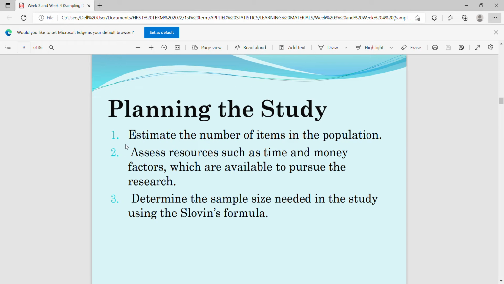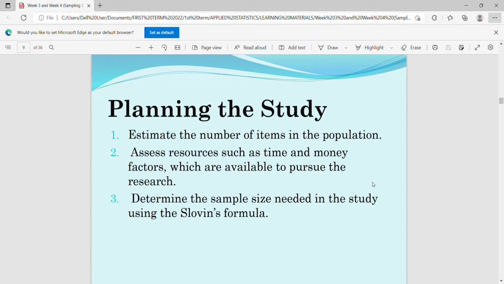So first of all, when you conduct the study, you have to estimate the number of items in the population. When we say estimate the number of items, you are going to determine the number of population